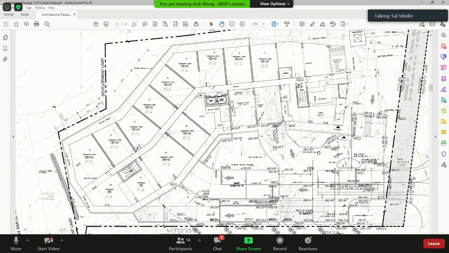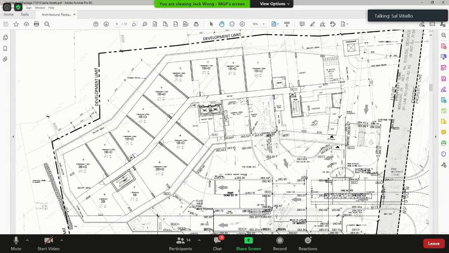I think the largest one is in the northeast corner, Jack, if you can go there. That area is probably far large enough for a gathering for the entire building, for a party room, meeting room, social room. It's the equivalent of about 1,200 square feet there.